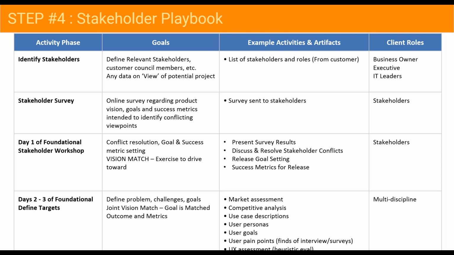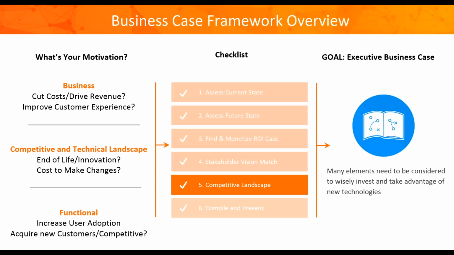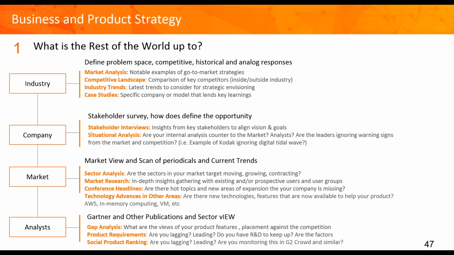So now that we have our calculation, we have our ROIs, we now have who our stakeholders are, and we've had some alignment, it's time to move towards our competition. Early on, when we identified if we're out to jump or leapfrog our competition, it's very important to see what the rest of the world is doing. Some of these things start to look at what the industry is doing. If I'm in supply chain or retail, what are my competitors doing? Where are they going? Is my competitor Amazon? What are they going to be doing soon?